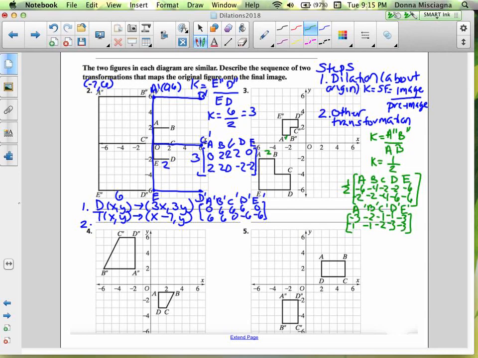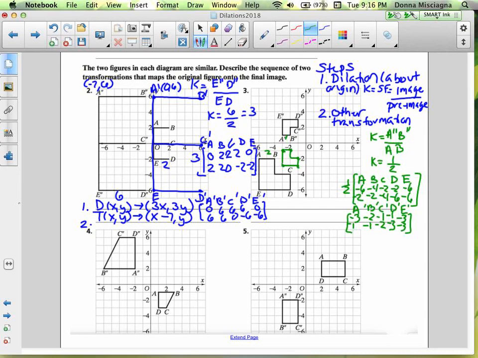All right, so -3, -1 would be right here. And -2, -1 is right here. And I don't think we're going to label it. We should always label, but I think it might be a little crowded here. It's not a very big figure. -1, -2, so that's right here. -1, -3, right here. And -3, -3, which is right here. So here is